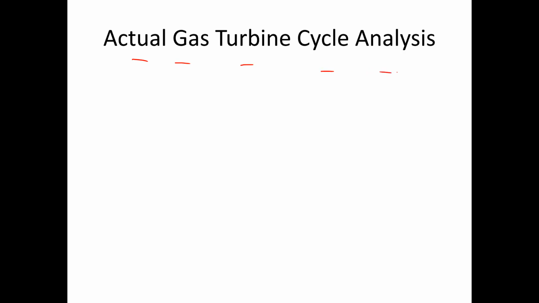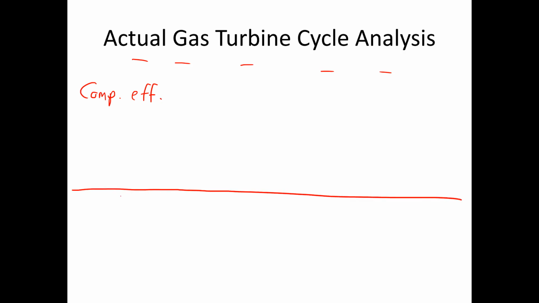So we have to take into account compressor and turbine efficiency. I'm going to split this slide up into two different parts. I'm going to quickly cover a review, because we did do this in thermo, on how to handle the efficiency of a compressor and the efficiency of a turbine in terms of cycle efficiency. So again, this is not the cycle efficiency. This is the efficiency of a turbine or of a compressor, which is basically saying